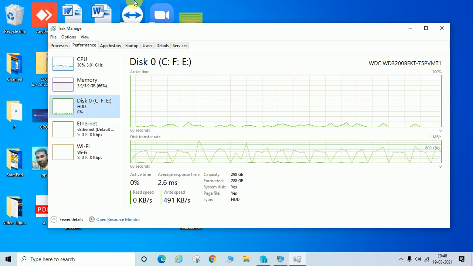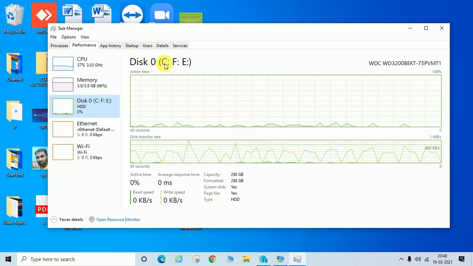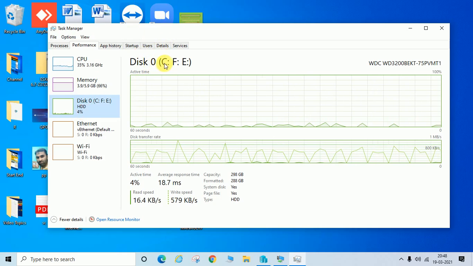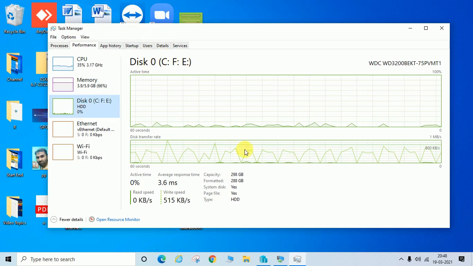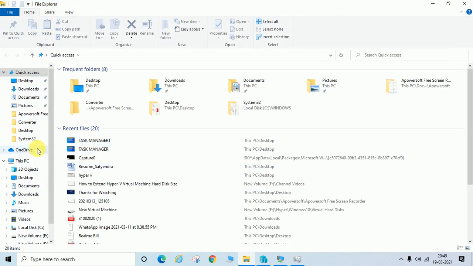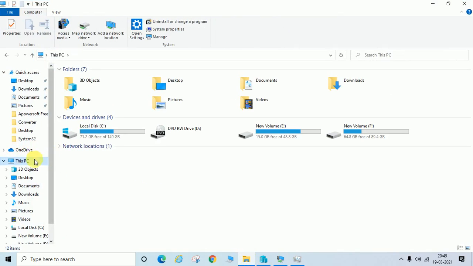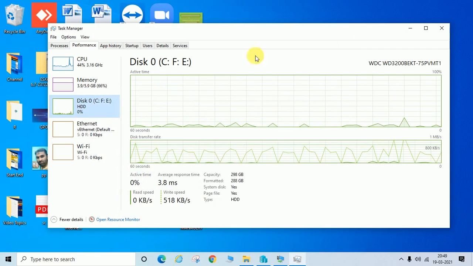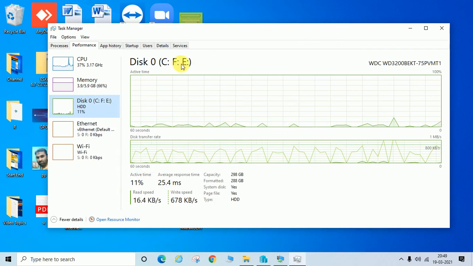And here you can see disk 0 is installed, and there are 3 drives, C, F and E. You can check it from here by going to this computer or this PC. You can see here drive C, E and F. The same drives are showing here also, C, F and E.